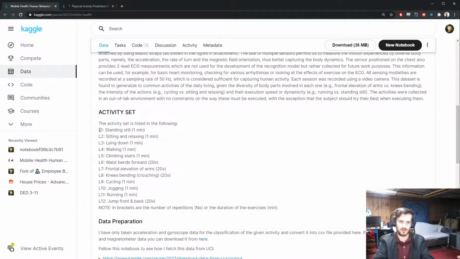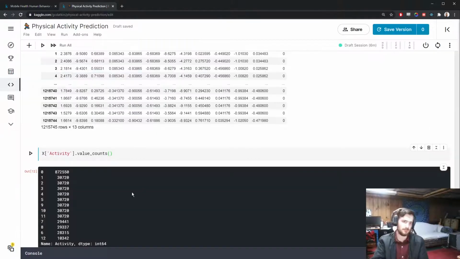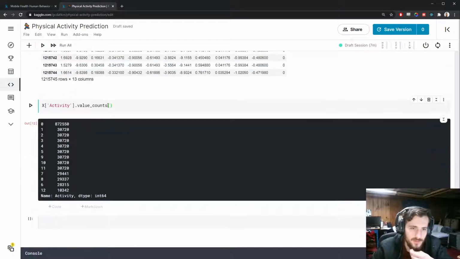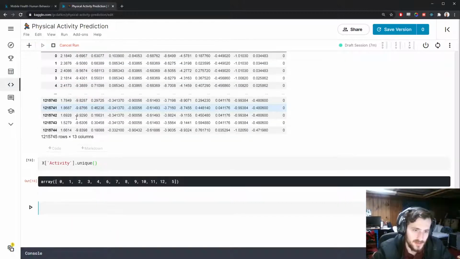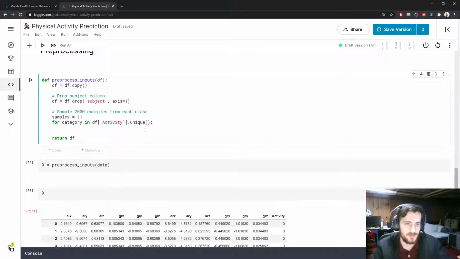You can see here we have the activities labeled from 1 to 12, so I'm assuming that 0 means no activity, but it doesn't say here. Right, so if we do .unique, we just get a list of all of these. So for each one of these, we're going to